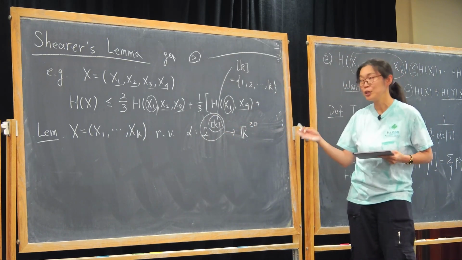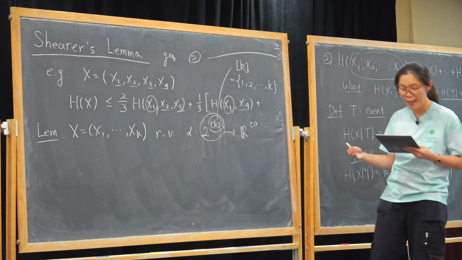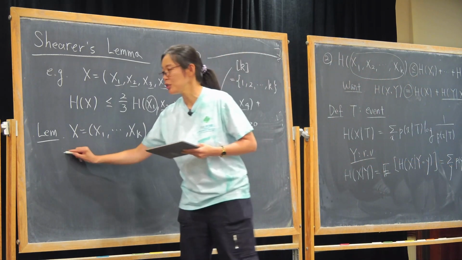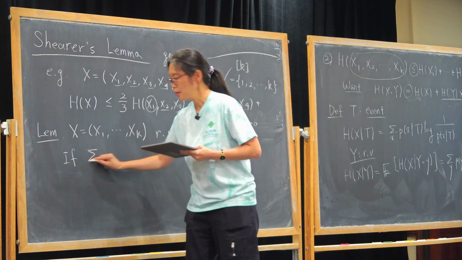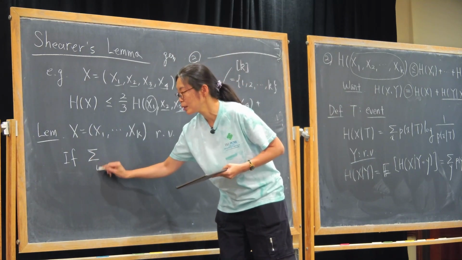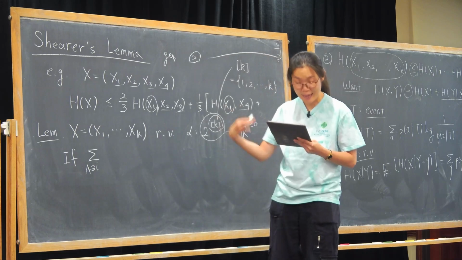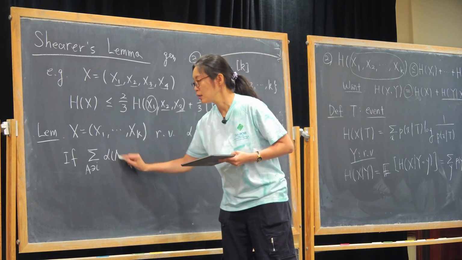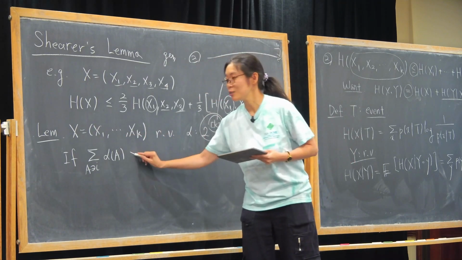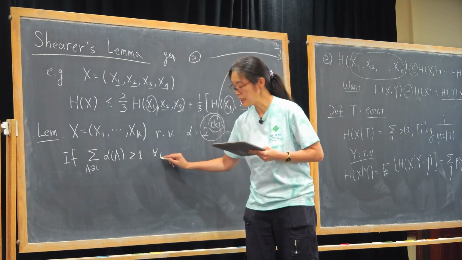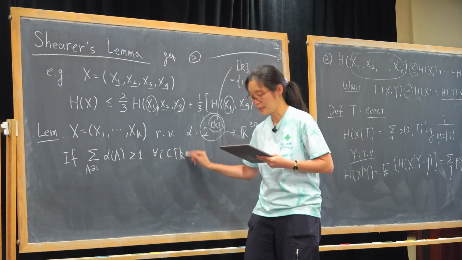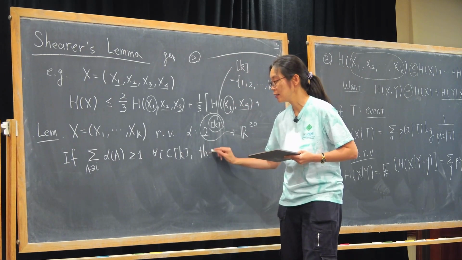So the weight function is defined on the power set of k. And the assumption is that for each i, the sum of the weights of the A's containing i is at least 1, for each i in our set k. Then we